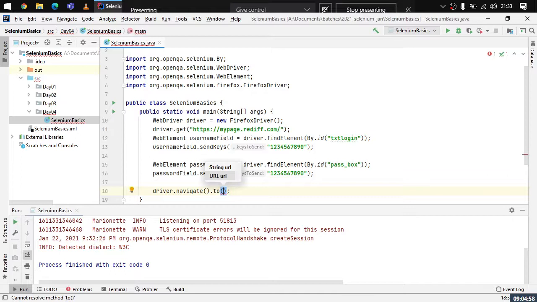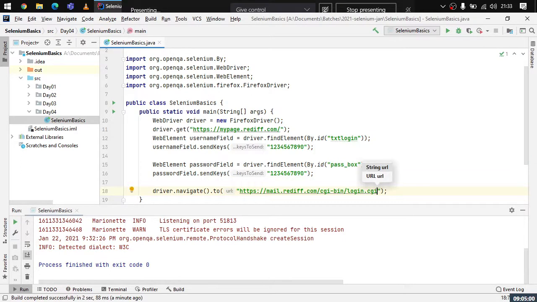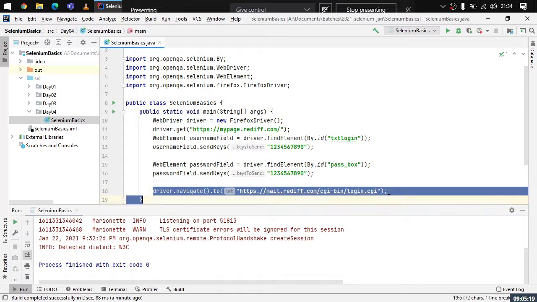I can specify the URL here as well. So both of these work. It just depends on which method we would want to use. The only difference is that this one accepts data from the URL class as well, which we won't be dealing with anywhere in the projects, but still we have two different ways to navigate to pages.